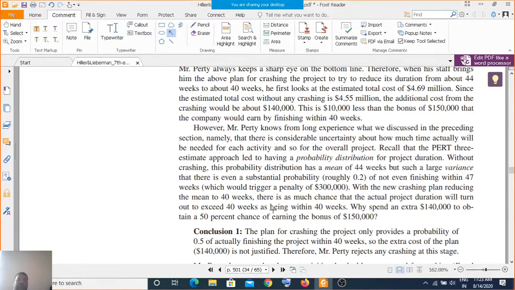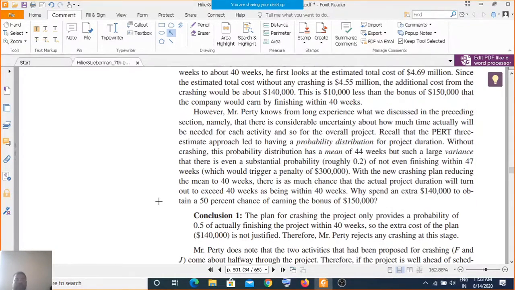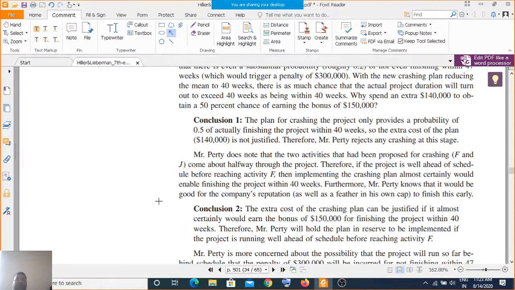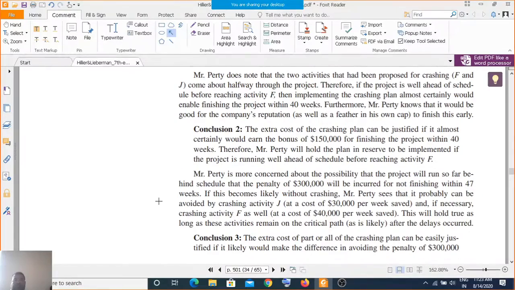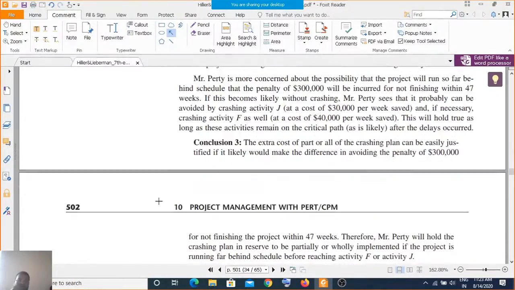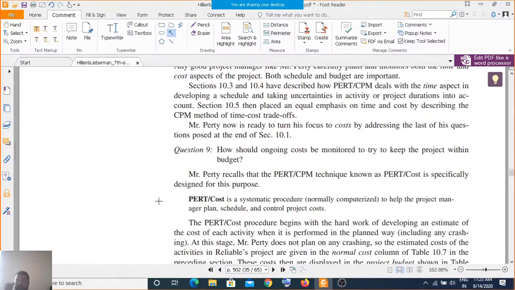So instead of spending more on that, it concludes that trying the plan for crashing the project only provides a probability of 50%. Whenever you go with crashing, if your chance of finishing the project is more than 50%, you should choose crashing. If it is 50% or below, you must not choose crashing. That is what this says, and you have different conclusions for decision making.